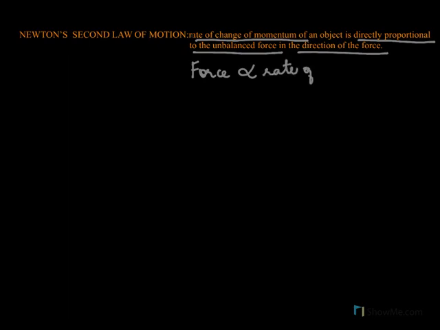Newton's second law of motion. The rate of change of momentum of an object is directly proportional to the balanced force in the direction of the force, which means force is directly proportional to rate of change of momentum. We could also write it that force is directly proportional to rate of change of momentum, meaning change of momentum